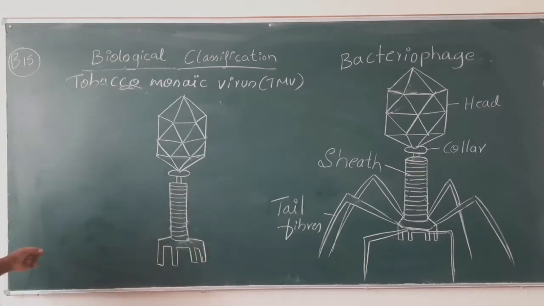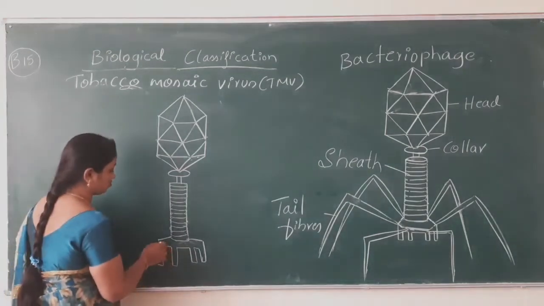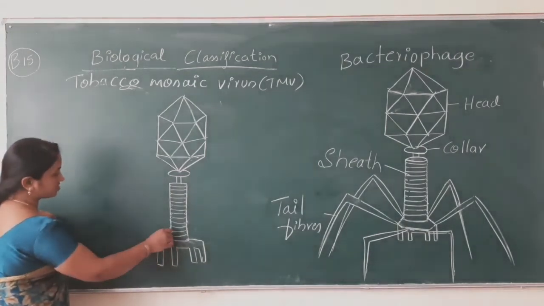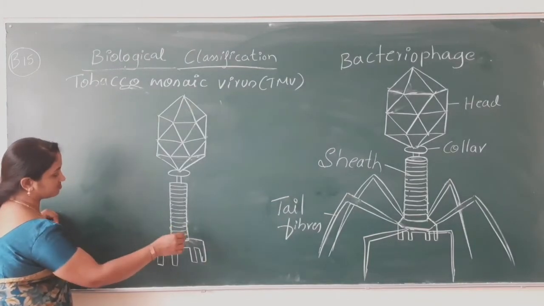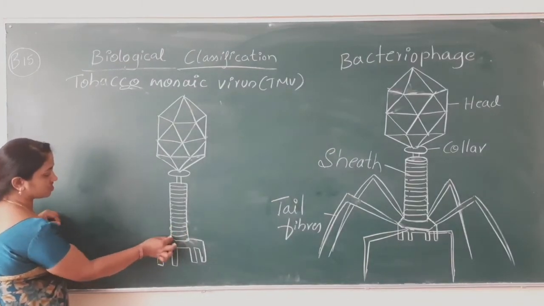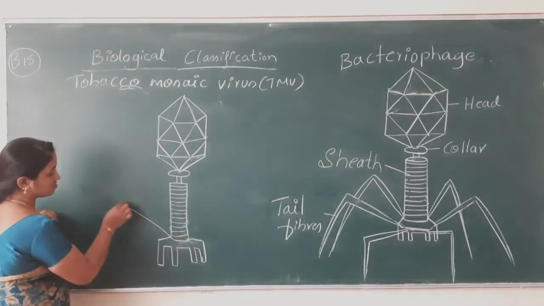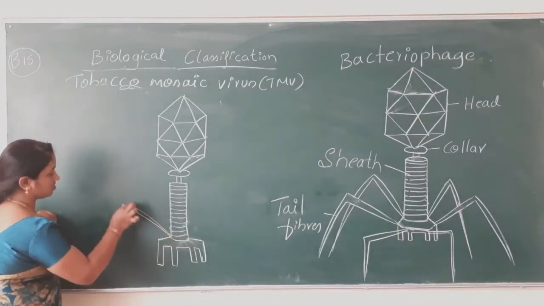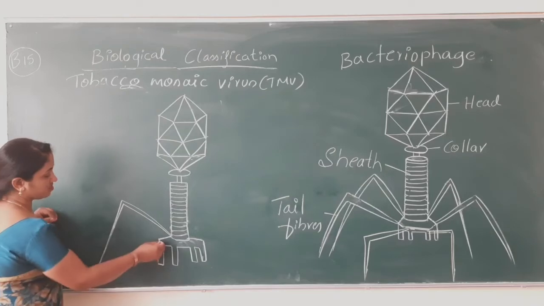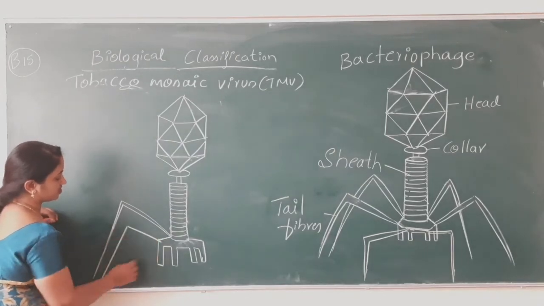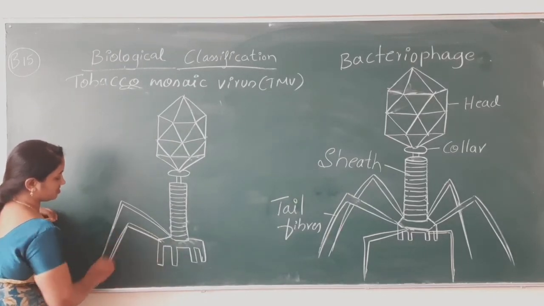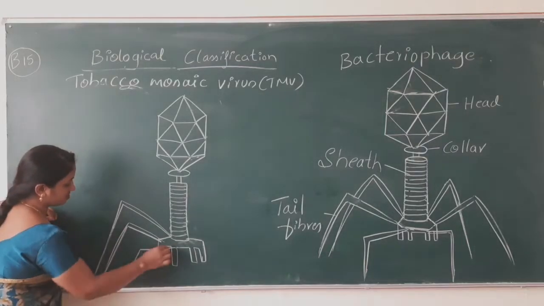Yes, that's all about the end plate. Now take the fibers. How to draw the fibers? One fiber should come from behind to this. So one fiber, one more fiber coming from this end, and one more fiber,